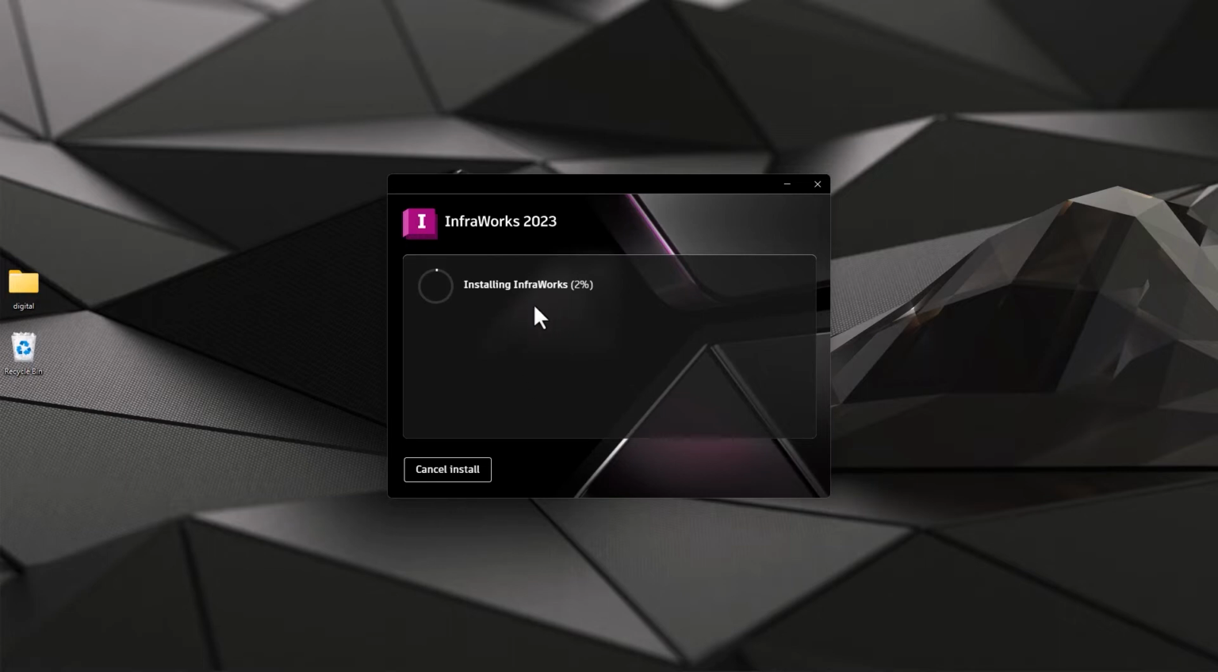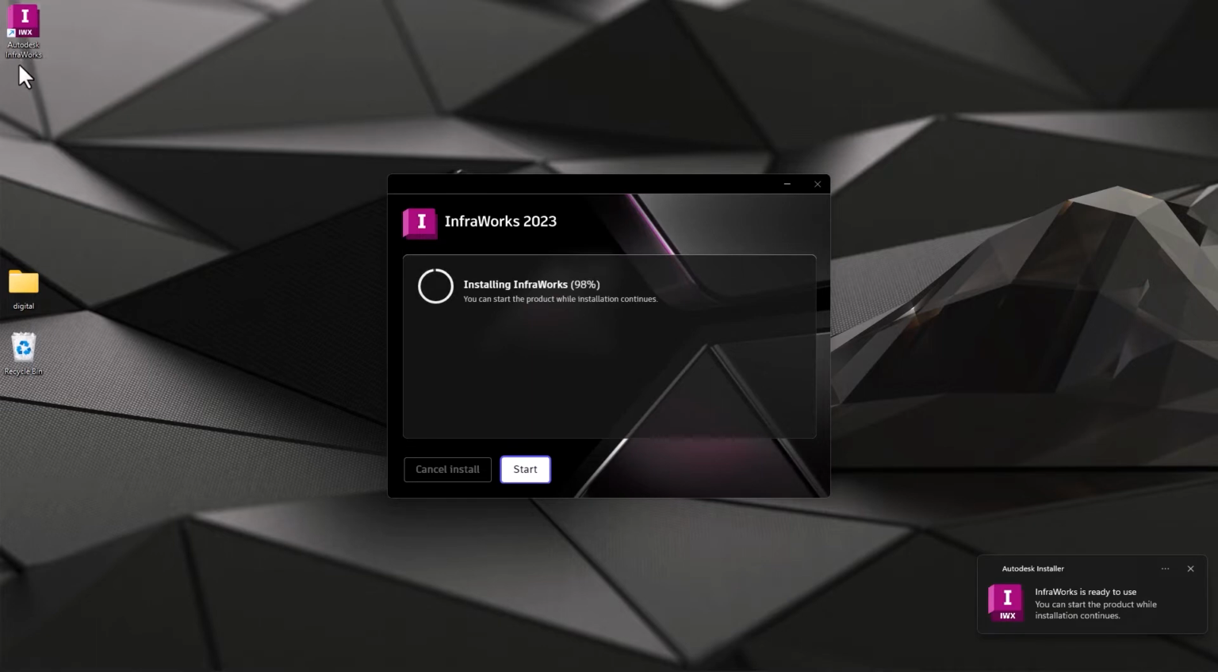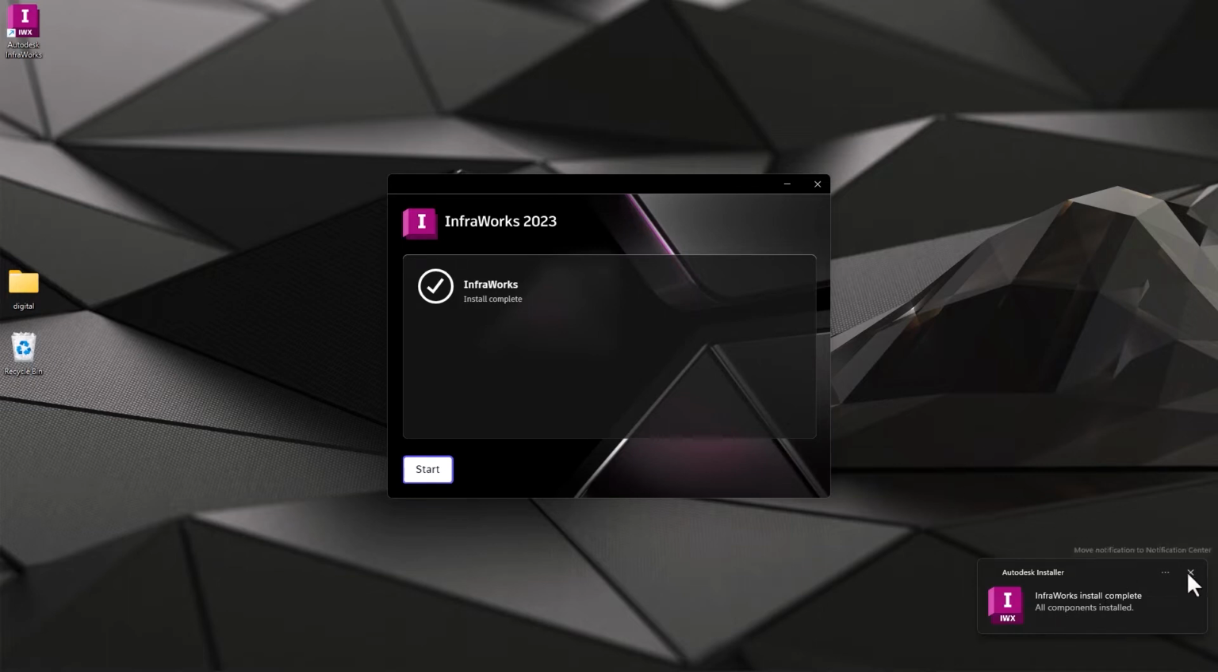Installing InfraWorks starts, and keep in mind that InfraWorks can be installed only one version at a time, which means that you have to uninstall the previous version first, and then start the installation again. As you see, my Autodesk InfraWorks icon is already available on my desktop, and I also get notifications that my InfraWorks install is complete. I can, of course, close those messages, and I can hit start directly to fire up Autodesk InfraWorks